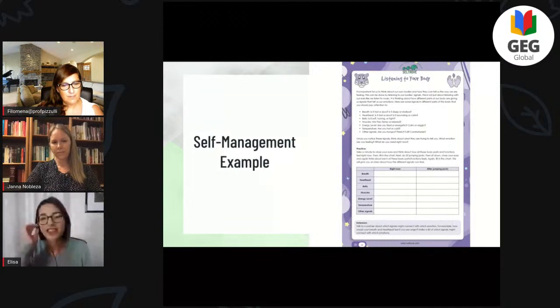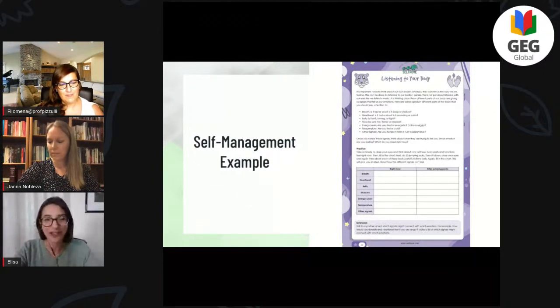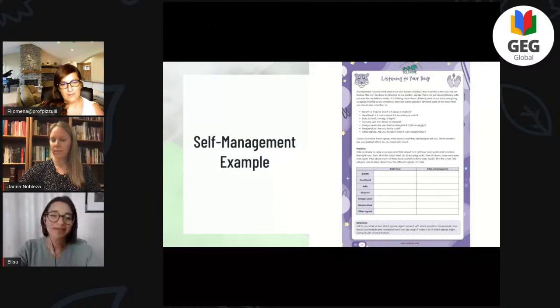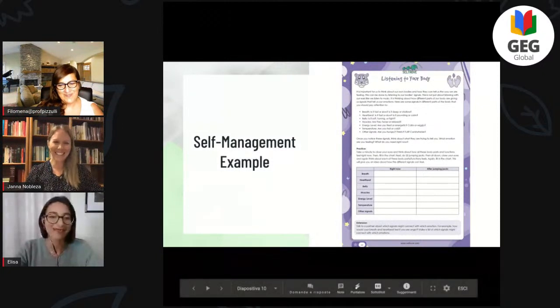So that's a very nice activity that is very helpful with little kids, but also with adults, because I think most of these activities are very helpful for teachers too. I always have fun and sometimes try some of these myself, so I can guarantee you that they work. Yes.